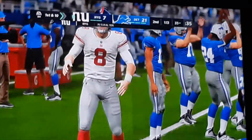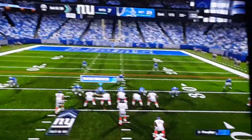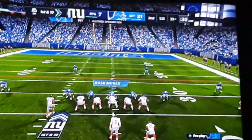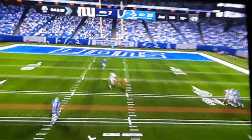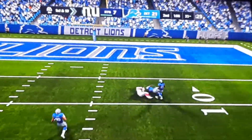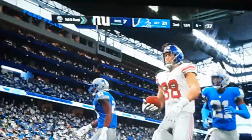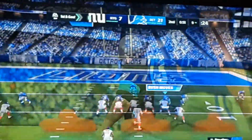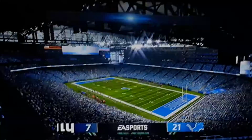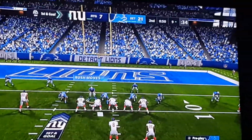And this will be a 1st and 10 for the New York Giants. So, 1st and 10 from the 33. And he's going to throw it to Evan Ingram. And this is going to be a first down and a red zone play for the Giants. And they take a timeout. All right, now it's 1st and goal from the 9 here in